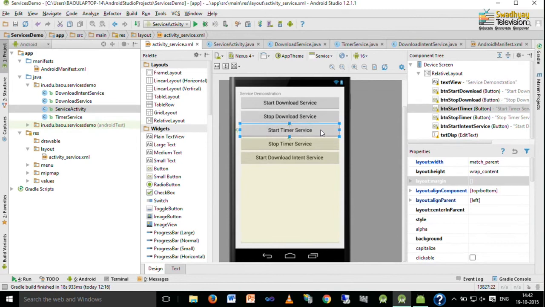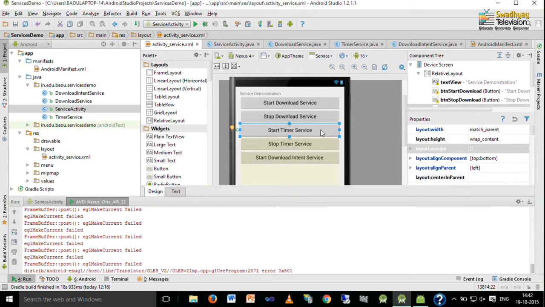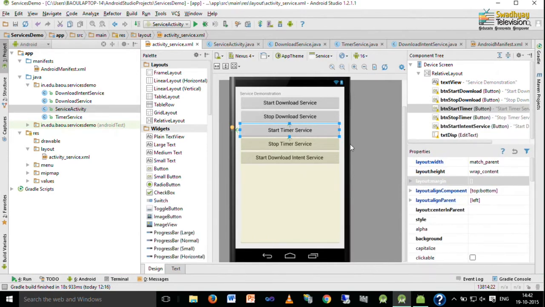Then we want to display a counter in the log at a regular interval of 1 second. So, to start that service we have the button start timer service, and when you want to stop this service we have used the button stop timer service. Finally, we have one button which is start download intent service.